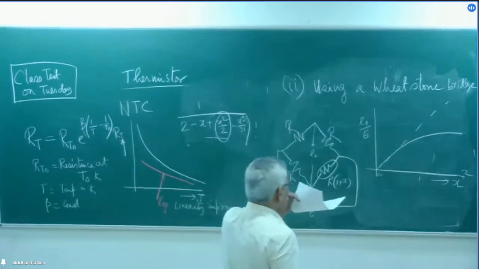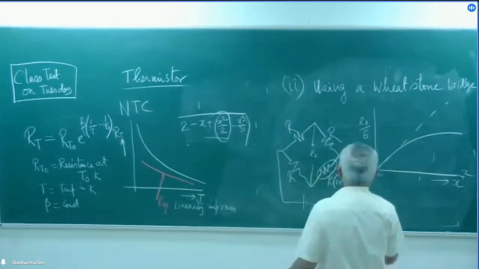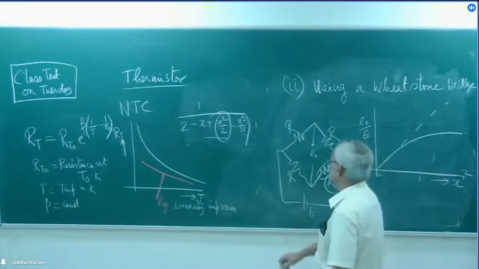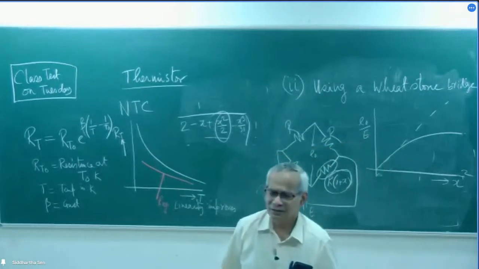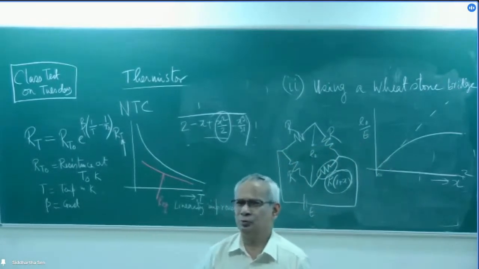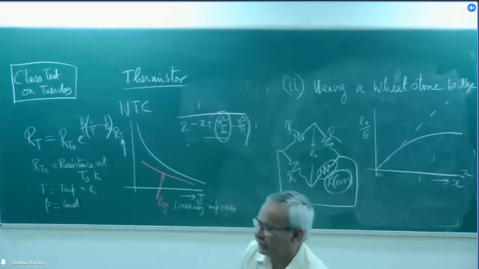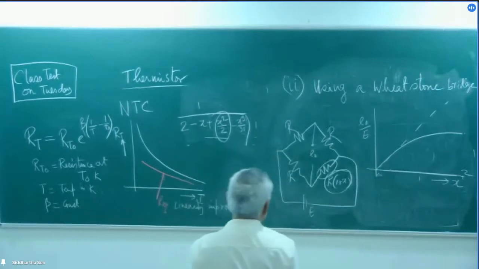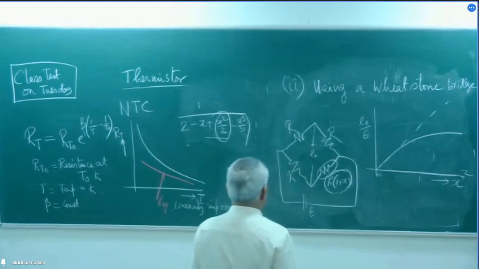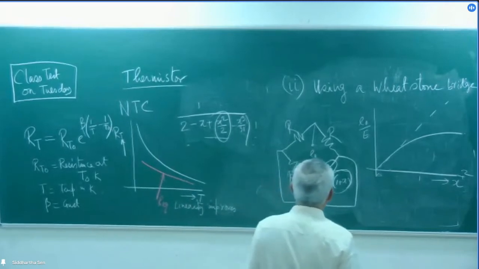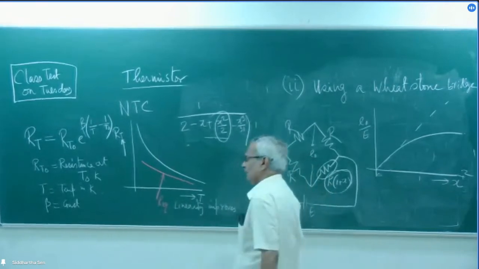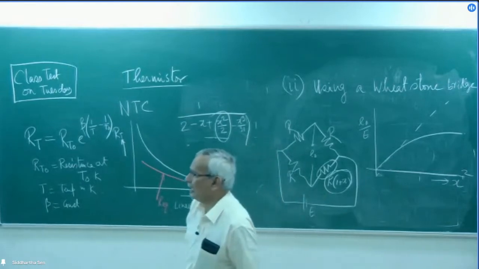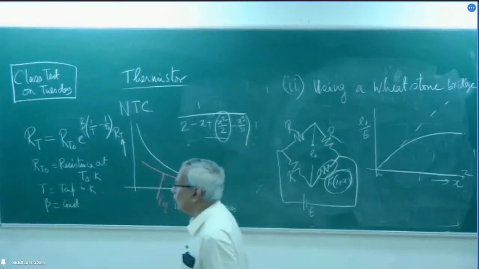We have seen that even though the resistance is linearly varying, the bridge output is nonlinear if the resistance variation is large. Okay, we know that one, but it also gives you a clue